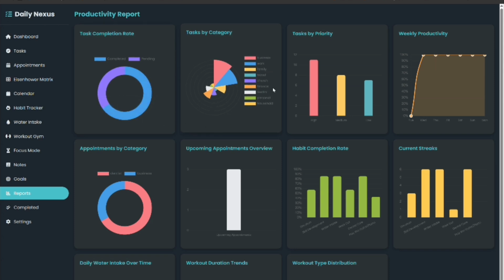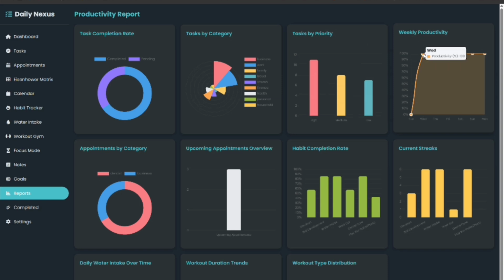Over here you have the tags by category, so you can see all the categories that you have tags on. And tags by priority, you can see them here. And weekly productivity, how are you being productive? Right here we are at 100%, so we've been productive every day. That's very good. The day I started using this, you can see it was zero productivity, and the next day,